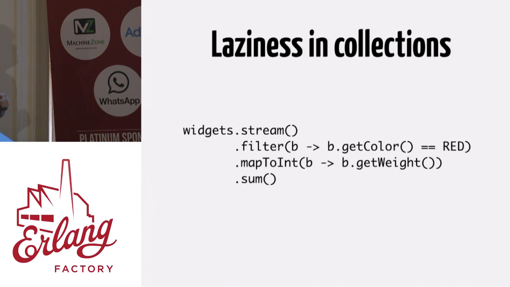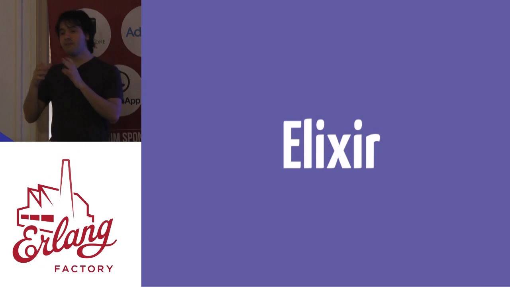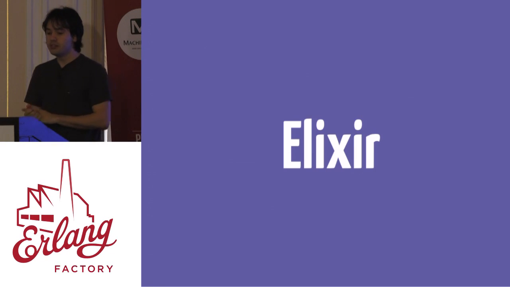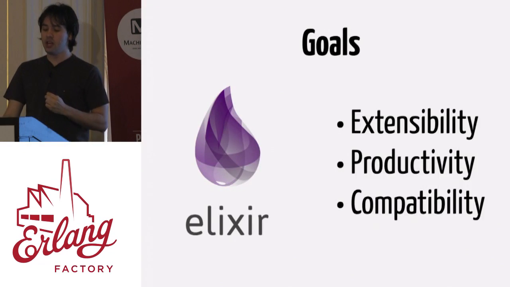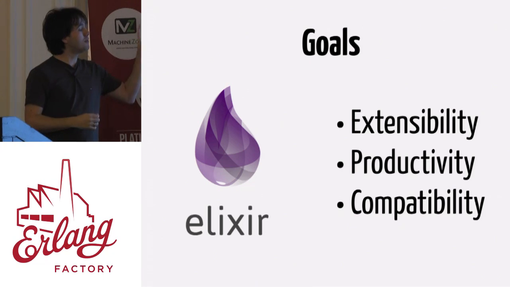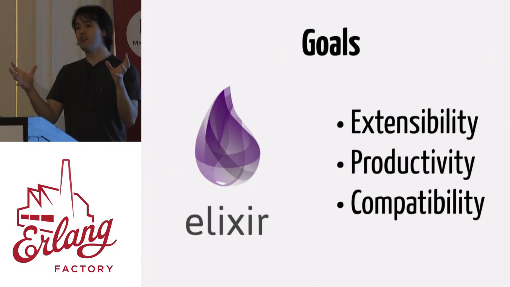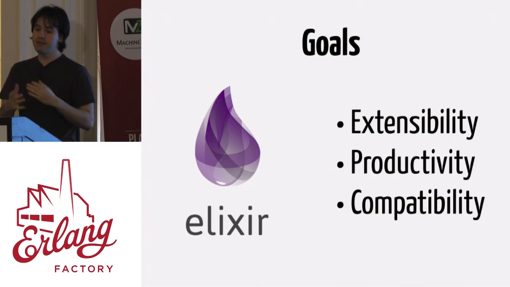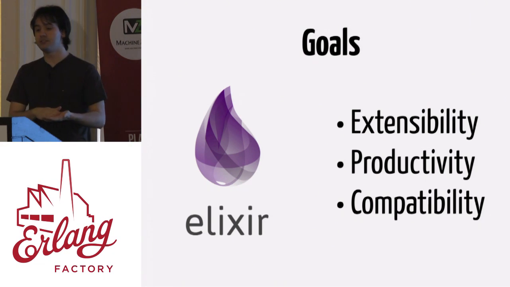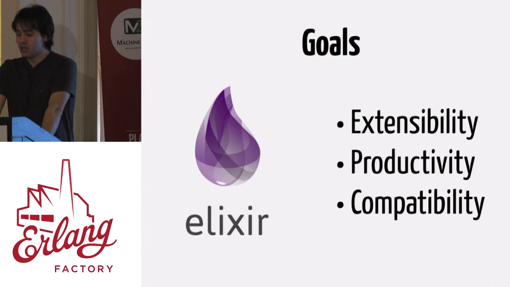So, given this introduction, right, I think it's time to talk about Elixir, because one of the main things that we have in Elixir came as a reaction to that, and we are going to explore that in this talk. Every time I give a talk about Elixir, there are common things that I say, and those common things are the language goals. I like to explore whatever I'm talking about from the perspective of the language goals, and we have 3 goals: extensibility, productivity, and compatibility. Those are the 3 topics we are going to explore for the rest of this talk, and use them to explain what Elixir is about. Okay, so let's get started.